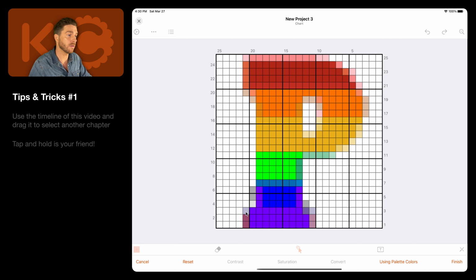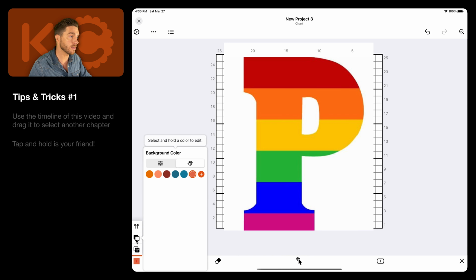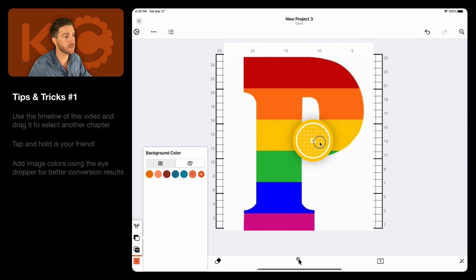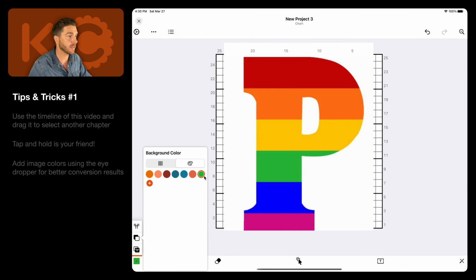So I'm gonna cancel this conversion, selecting here, and then I'm first gonna add these colors to the color palette. So I'm gonna go here to the paint tool and then select the background color and select the paint option here and then add new color. Then on the top left, there's an eyedropper tool. So I'm gonna use this, you can drag it around the screen. So I'm first gonna select this green and then close this window down again, and then it's added to the colors. So I'm also gonna add this